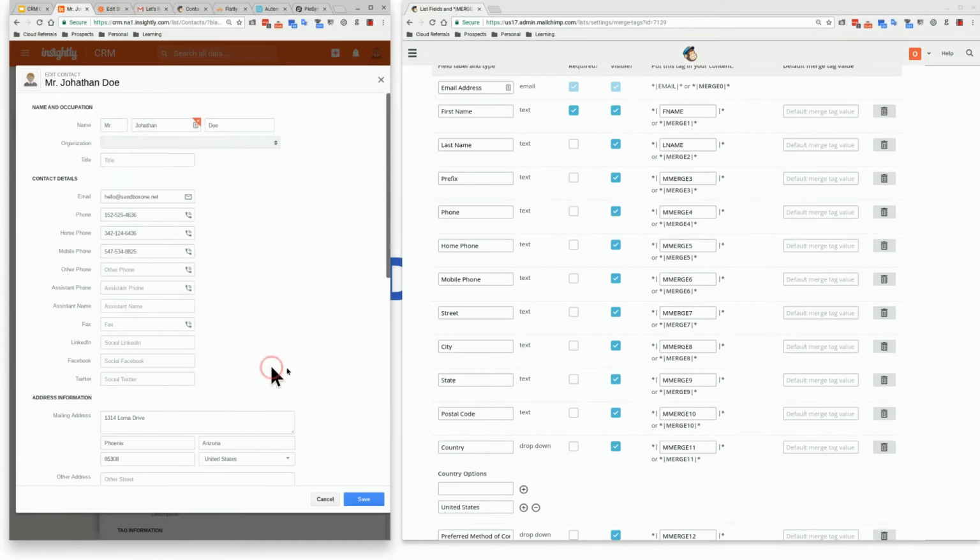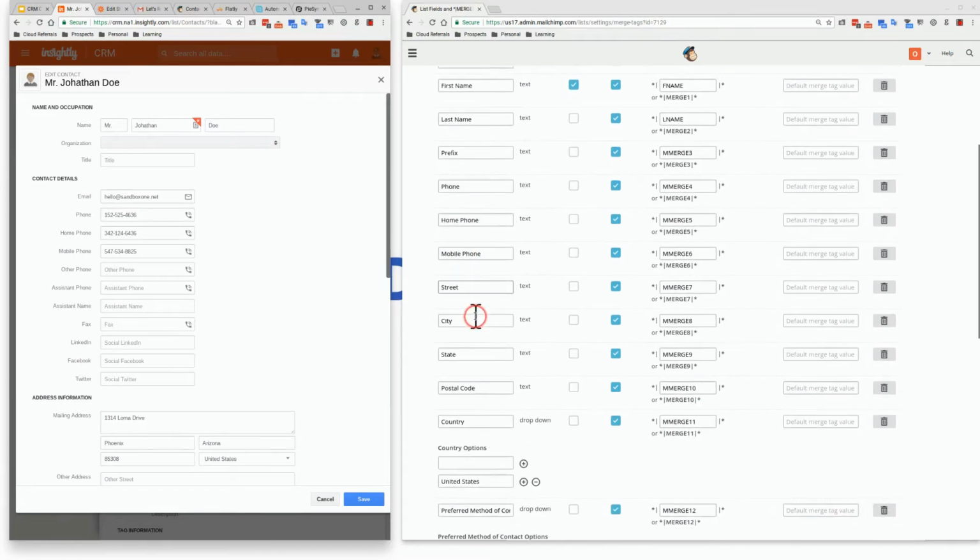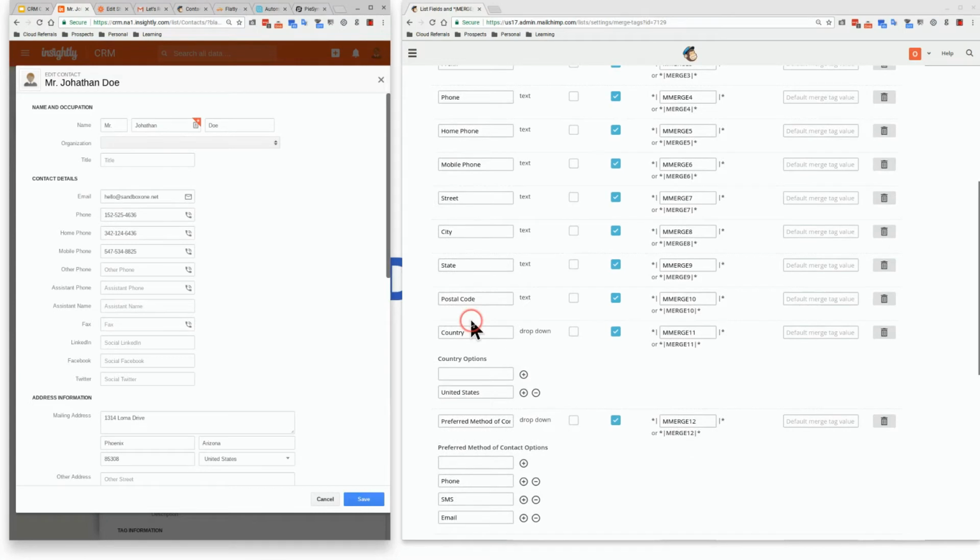So as you can see, all I did is the email address, the first name, and the last name are all default fields. And then for the prefix, I just wrote that name in. The phone, the home phone, mobile phone, all as text fields. And then when we get down to the country field,